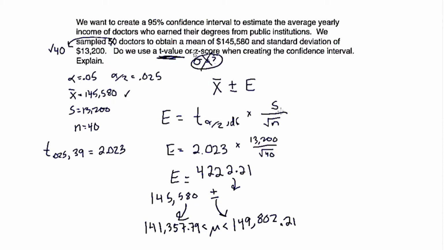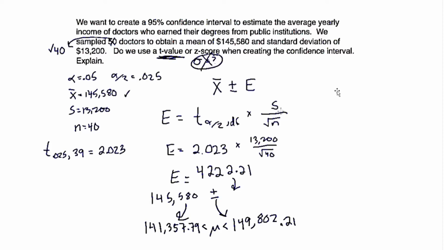Okay, we are now ready to create a confidence interval when we do not know the population standard deviation. And we are using the t distribution. Notice here it says 50 doctors. I actually changed that to 40, so that's the only difference. So you're looking at a significance level of 0.05. If we're taking a confidence level of 95, the significance is 0.05. When we split that into two pieces for each tail, we get